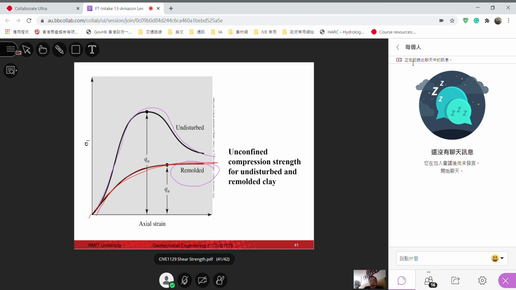Okay, because disturbance, remolding will significantly destroy the soil fabric and therefore change the structuring response, change the shear strength of the soil, change the initial stiffness of the soil. Okay, so it's very important for us to do undisturbed sampling. Okay, instead of getting remolded soil, we want undisturbed soil. Okay,